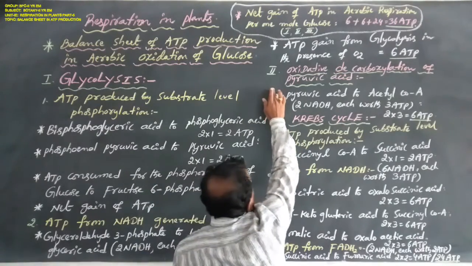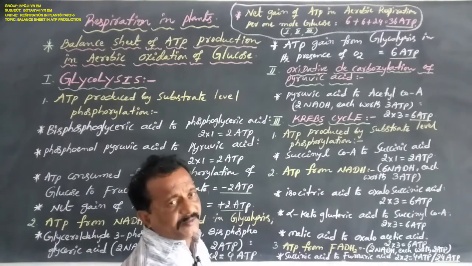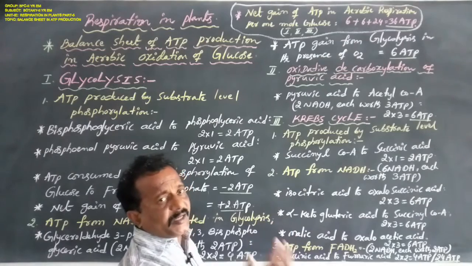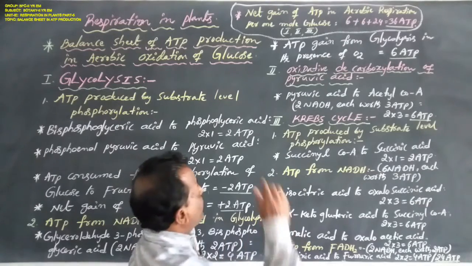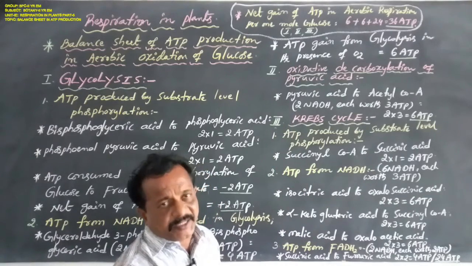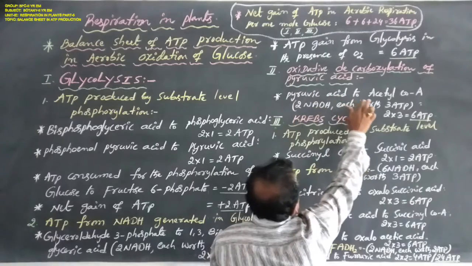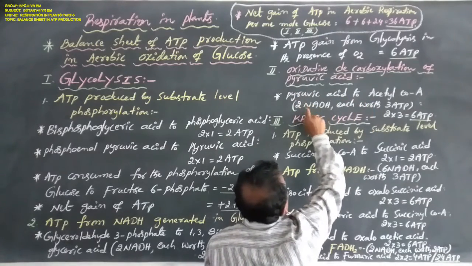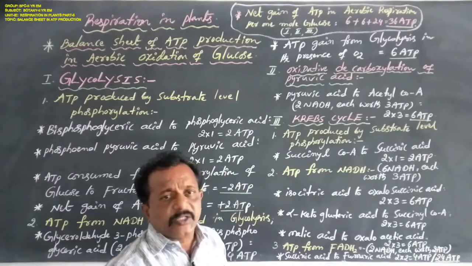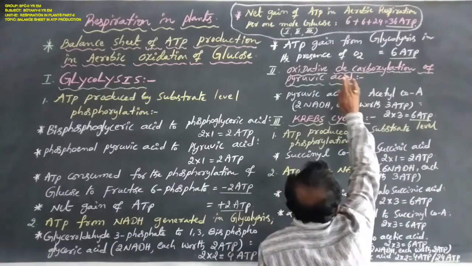The second step in aerobic respiration is oxidative decarboxylation of pyruvic acid. The first step, glycolysis, occurs in the cytoplasm or cytosol of the cell, but the second and third steps occur in the mitochondrial matrix. Now, oxidative decarboxylation of pyruvic acid: pyruvic acid is converted to acetyl coenzyme A. This is a connecting link between glycolysis